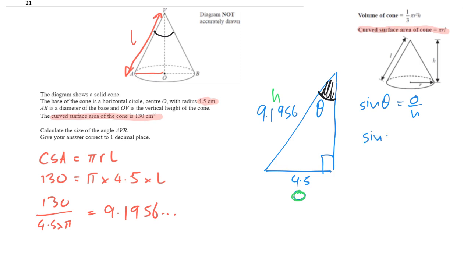That means that sine of theta is equal to 4.5 over 9.1956. Lots more numbers. We've got that stored in the calculator, so we're not going to lose any accuracy. I can go ahead and calculate that using sine minus 1 of 4.5 over 9.1956, etc., which gives me